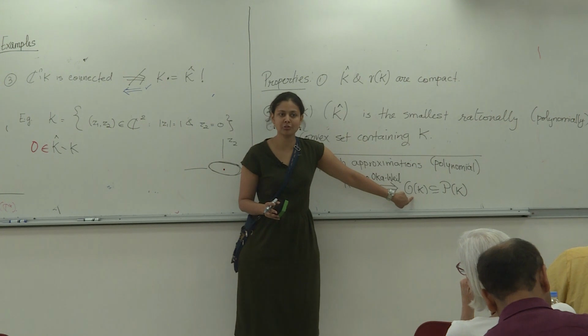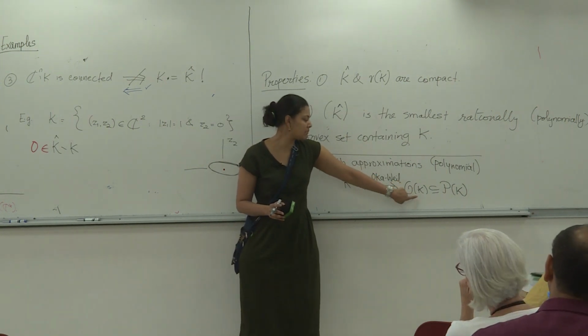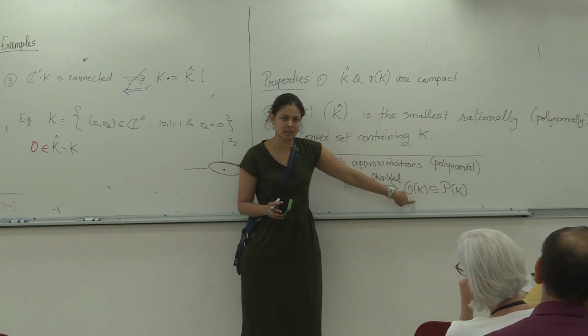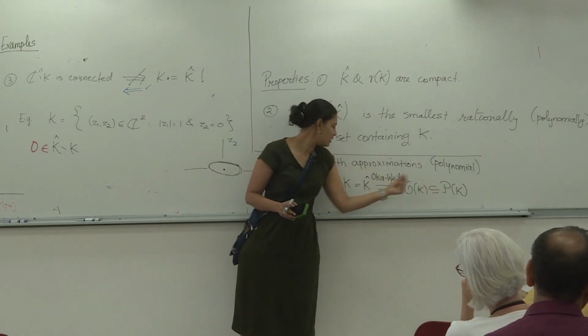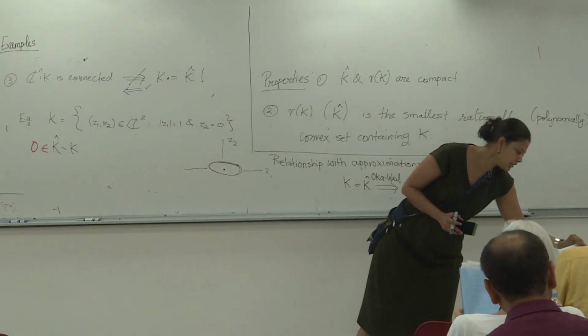The converse is not true. We have already seen an example yesterday. We took the unit bidisk and we subtracted a smaller bidisk. You do have this feature, but that's not polynomially convex. Okay, so you do not have the converse in general. But